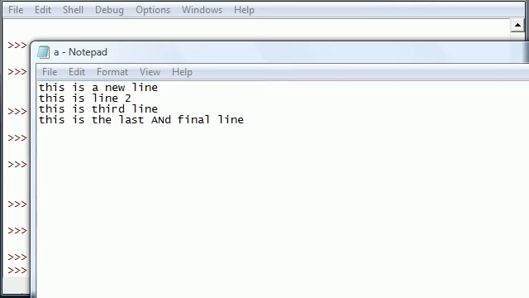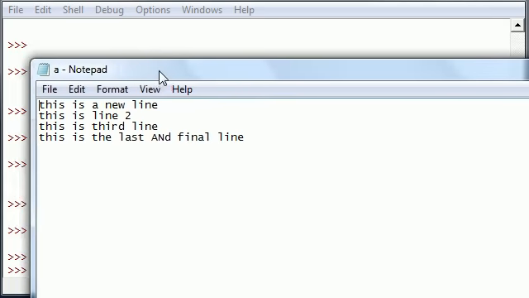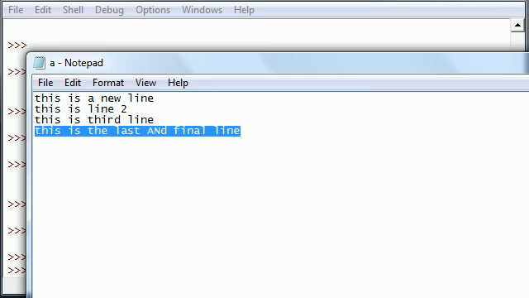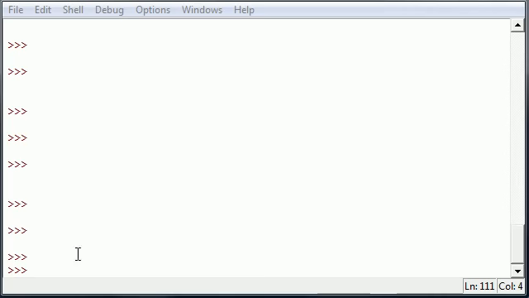What's going on, guys? Welcome to your 43rd tutorial, and in this tutorial, as promised, I'm going to show you guys how to modify only certain lines. So here's our document we have so far. It's called A, and it says this is a new line, this is line 2, third line, last and final line. So let's go ahead and get rid of that, and let me show you guys how to modify certain